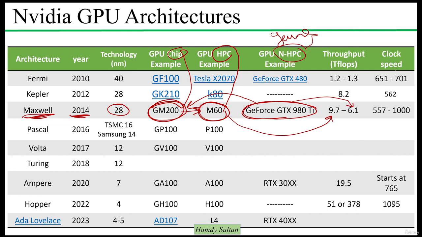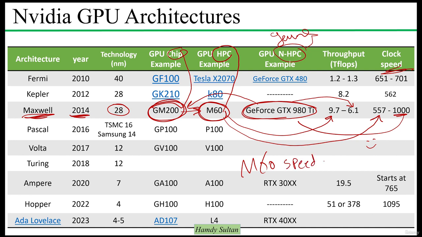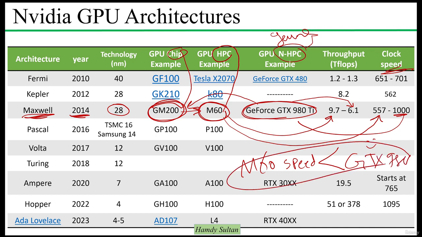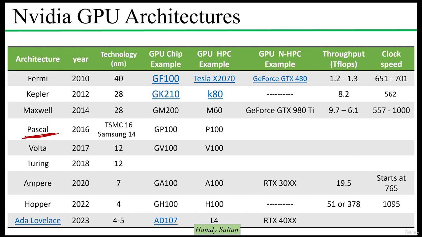In terms of clock speed or frequency, the M60 operates at 557 MHz, while the GTX reaches 1000 MHz. Again, the M60 here, which is dedicated to high-performance computations, has a lower clock speed, which is directly related to the energy consumption. Okay, so starting with the Pascal architecture, the high-performance computing GPU cards have adopted a naming